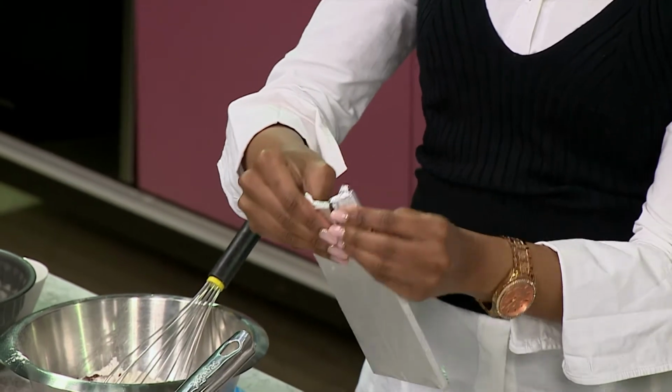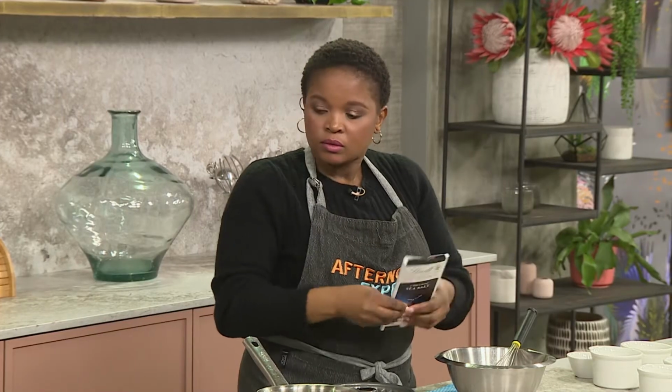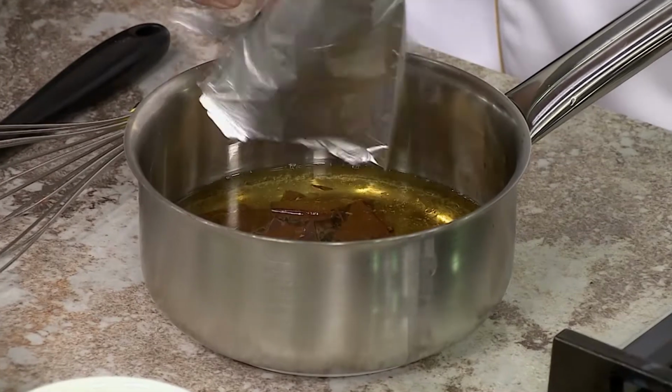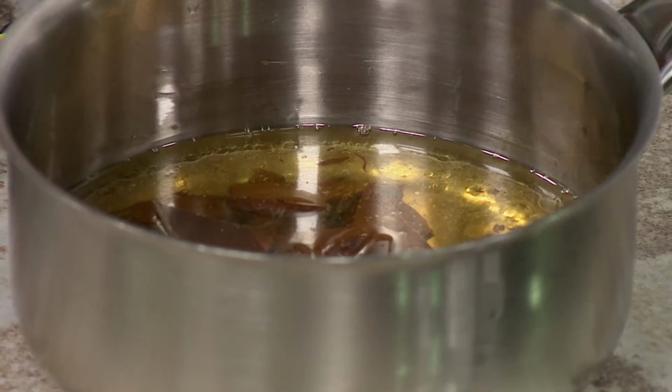Okay. Then by the one side of the foil, just kind of tear it open and then drop all the chocolate into that warm liquid. Talk about decadence. We might have to pop it back onto the stove and just have a look and see if it's warm enough, but...